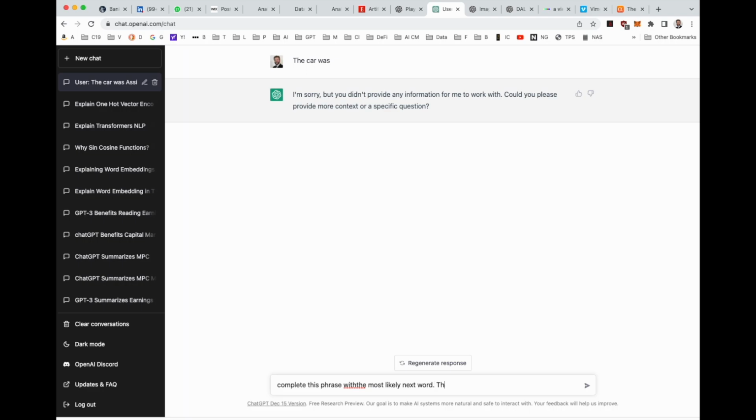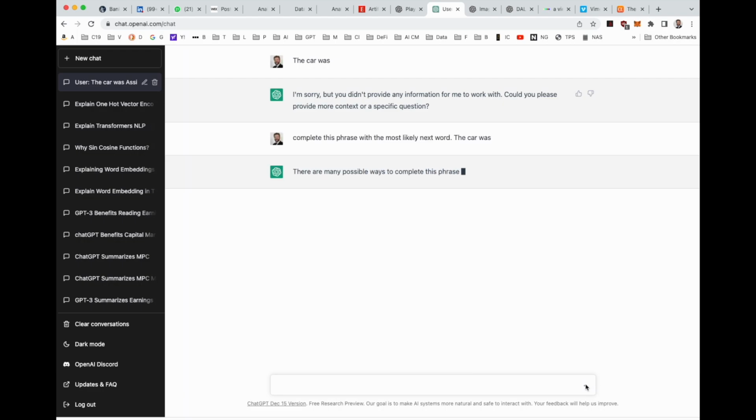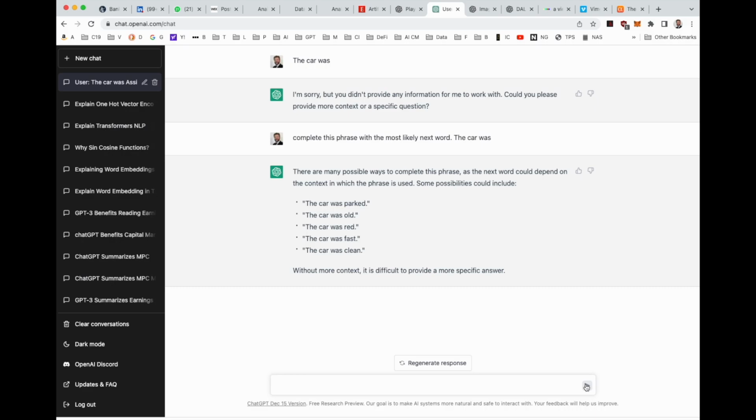It gave me the impression that it thought I was a fool, very perspicacious of it as it turns out, and that this question was frankly beneath it. Nevertheless, before informing me that it had a pain in all the diodes down its left side, it did venture that parked, old, red, fast and clean were likely candidates,